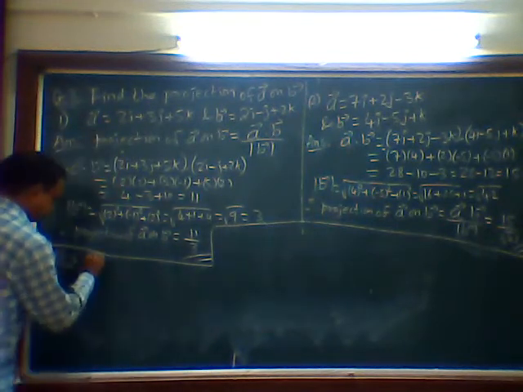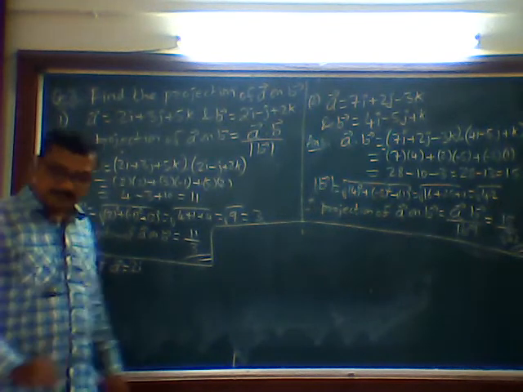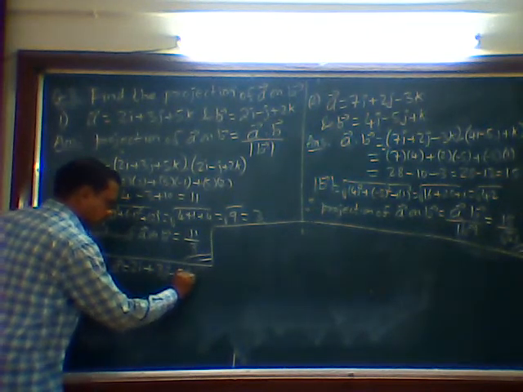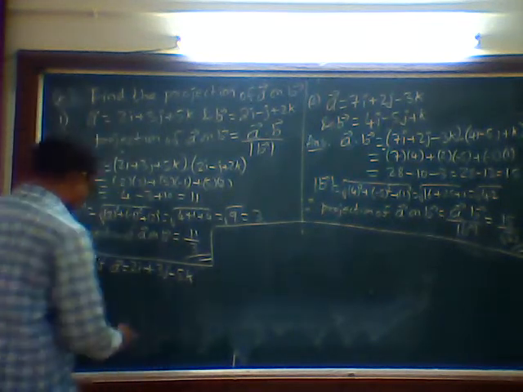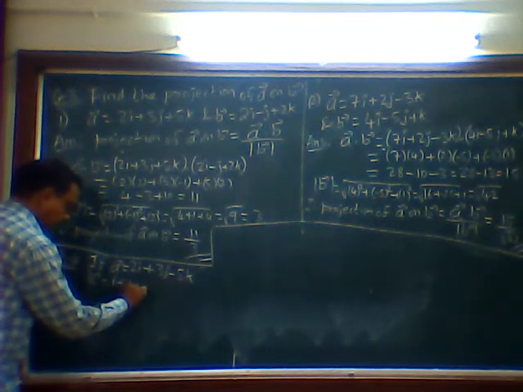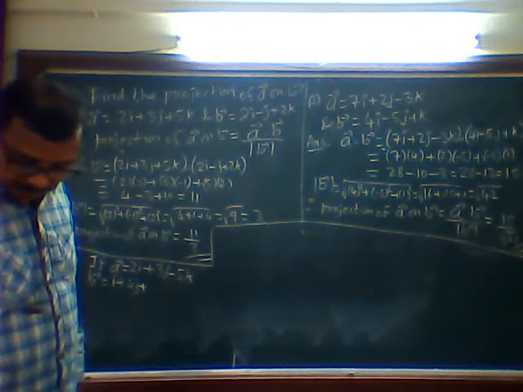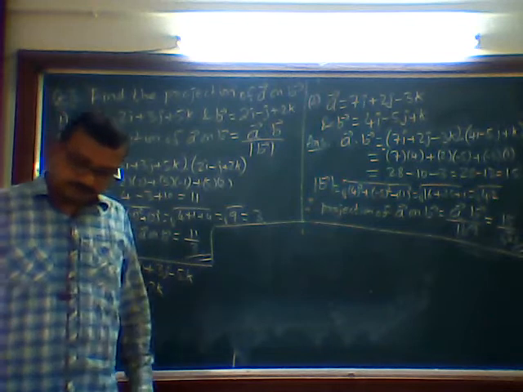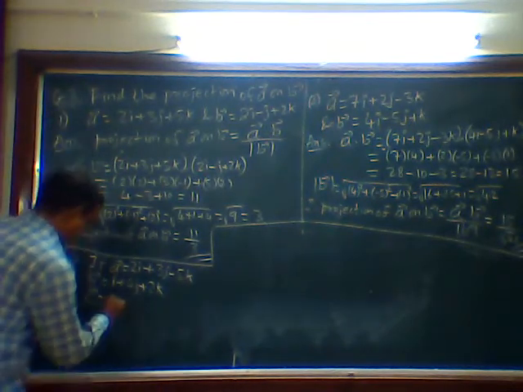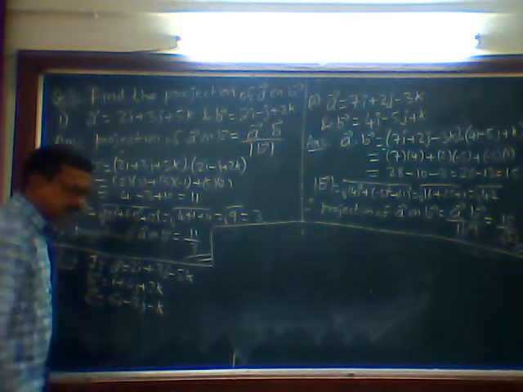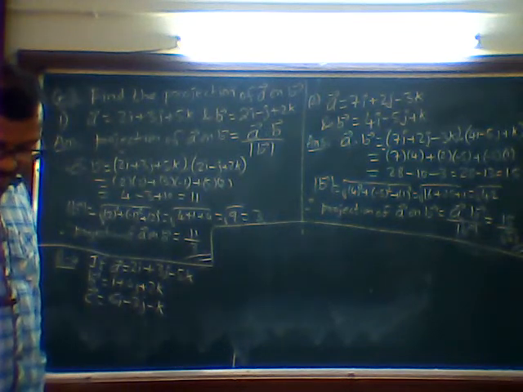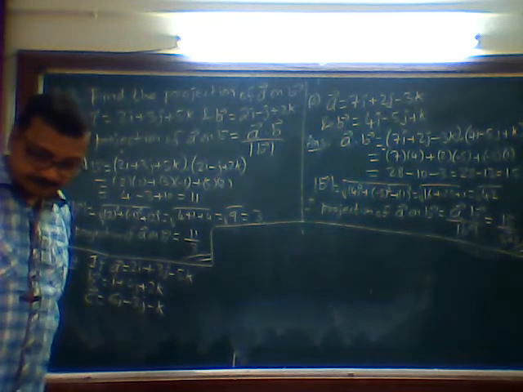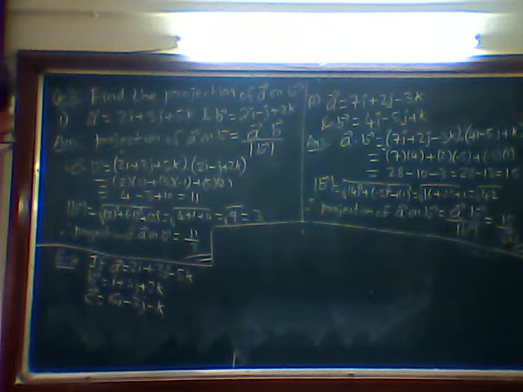If a bar is equal to 2i plus 3j minus 5k, b bar is equal to i plus 4j plus 2k, and c bar is equal to 6i minus 3j minus k, verify